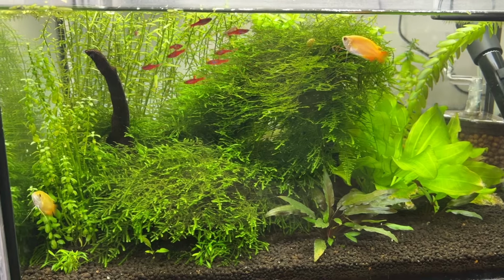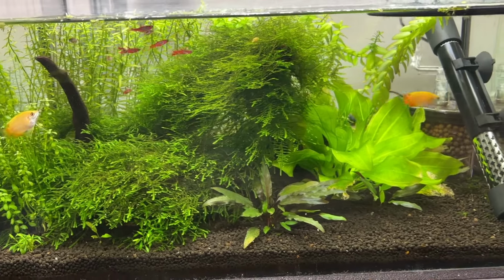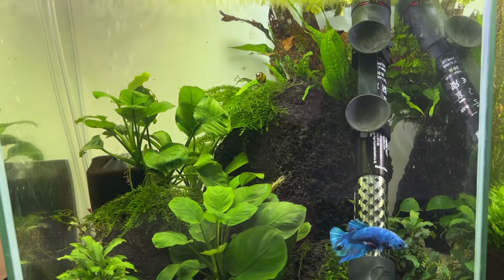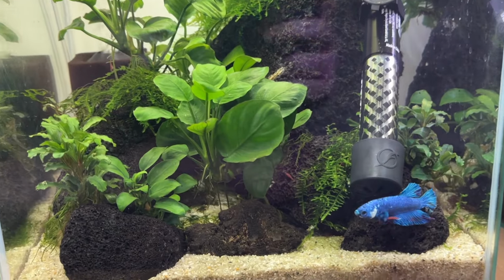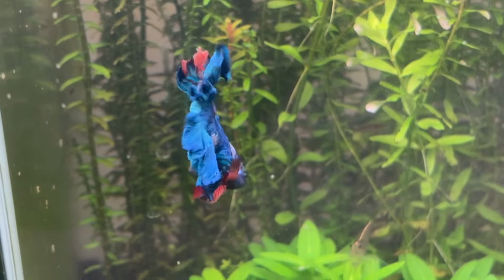The 10-gallon aquarium is a very popular option in the fish keeping hobby, so I wanted to share some stocking recommendations for tanks of this size. I currently keep all of these recommendations in my own tanks because I only like to recommend things I have direct experience with. So first up we have Betta Fish,